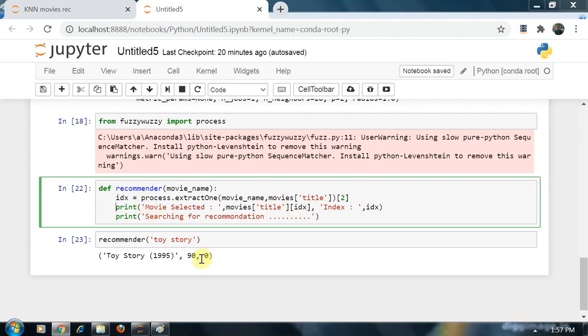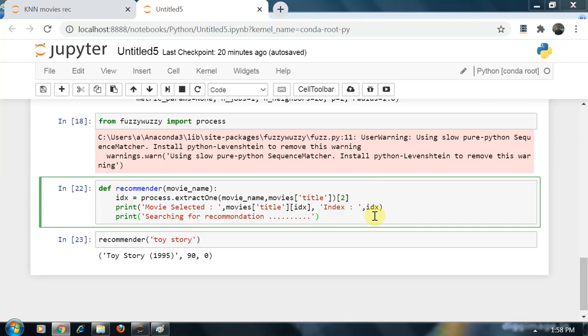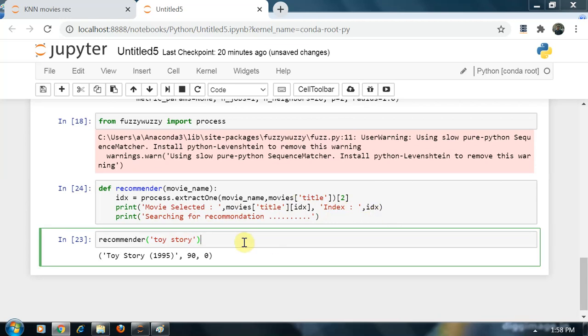So we will retrieve the index from here in the idx. So I have returned the movie's title from here given this index, and I am also printing the index equals idx, which is nothing but our index. Okay, and searching for recommendation. Okay, this is our function. So I will show you what we are doing.